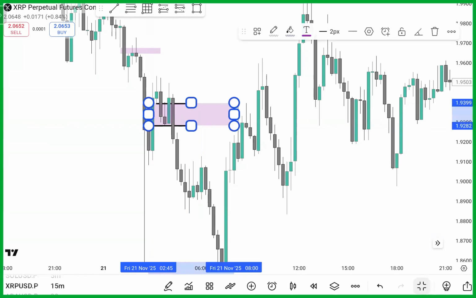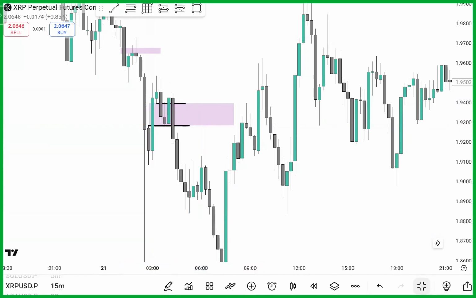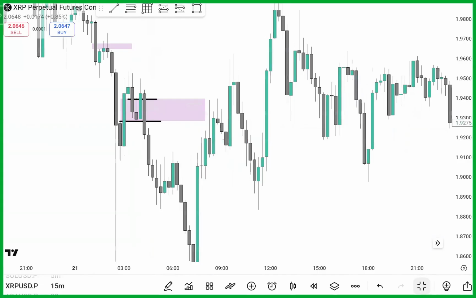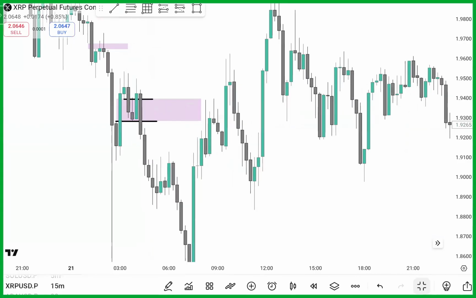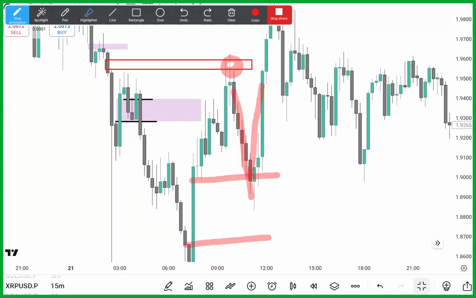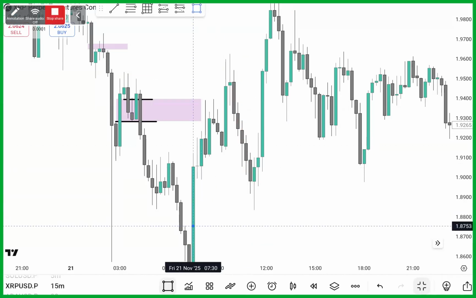Price came, tapped into the upper fair value gap, also taking this swing point, as I told you that price is always seeking those swing points, before it went back down. And where did it go? It went into another fair value gap before it went, wow, this is amazing. Let me just draw a perfect one. Check how this fair value gap supported price back up. This one,